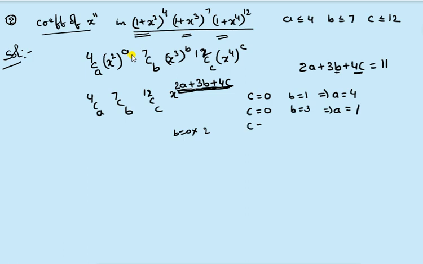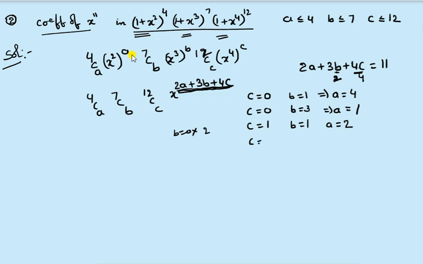Next I am taking c equal to 1. When c is equal to 1, we can take b equal to 1 and a equal to 2. Similarly, there is no other value for b, because c equal to 1 means it becomes 4, b equal to 1 means it becomes 3. 4 plus 3 is 7, right? So now if I am taking b equal to 2, 6 plus 4 is 10, 11 minus 10, 1 by 2. That's why there is no other value of b.